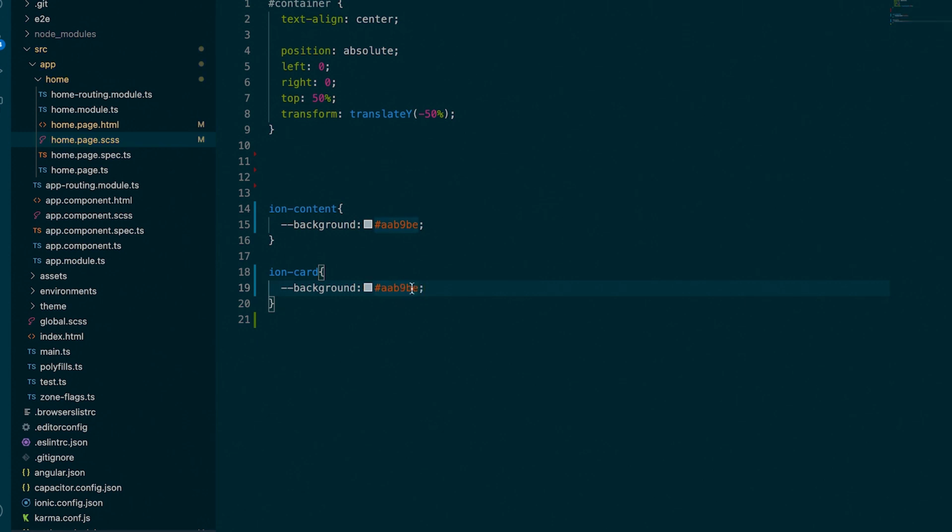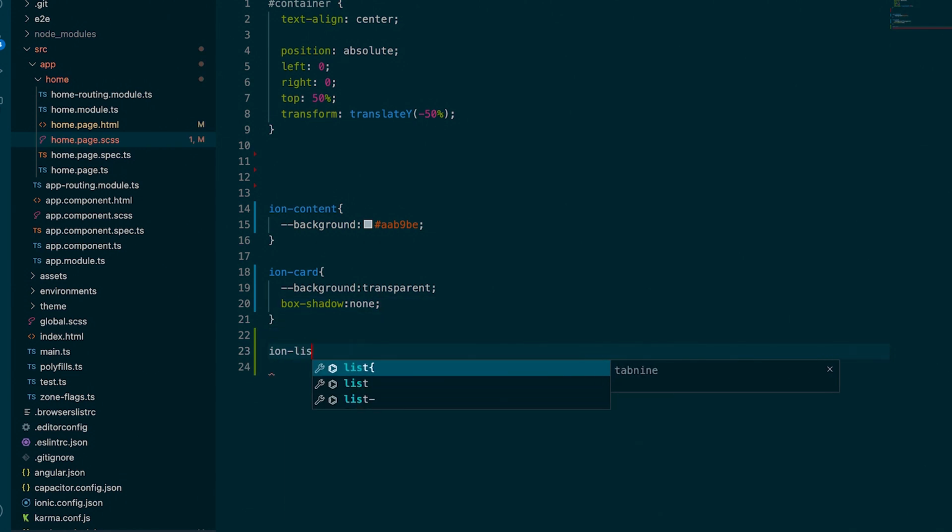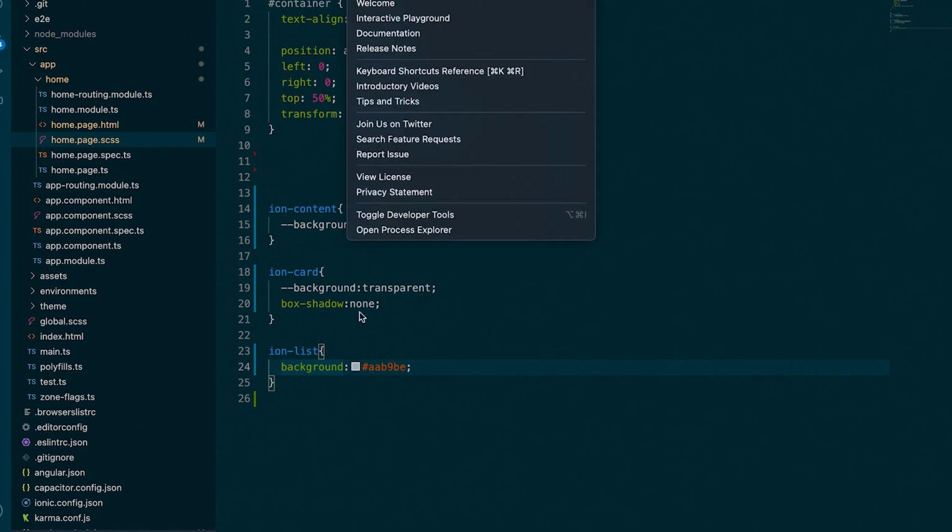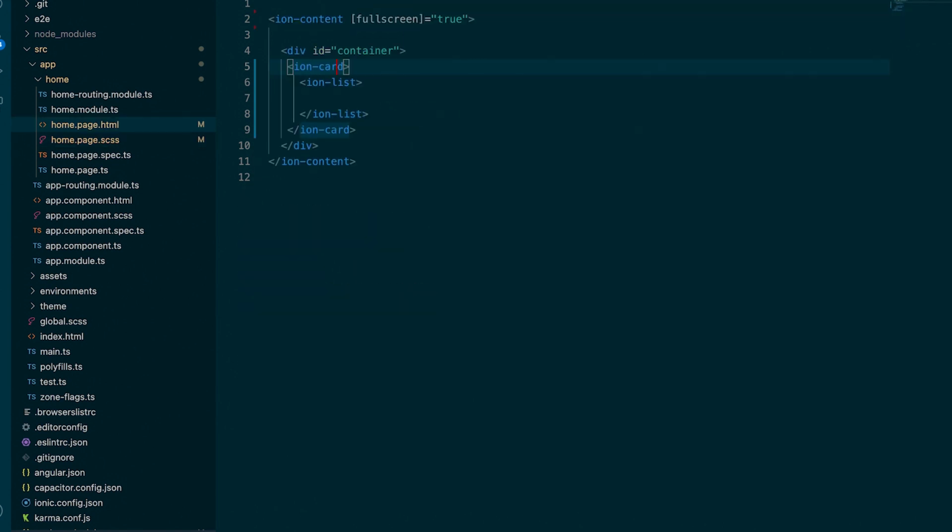I think we'll put background transparent, and then yeah, that will be okay. So let's go to ion list. So ion list will give it the same background, and then we will go inside our HTML back here, and